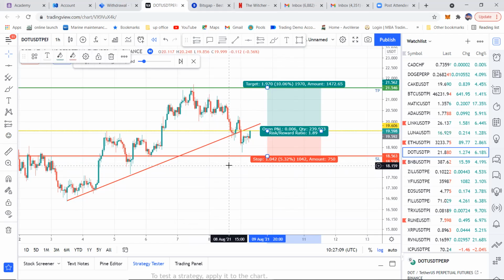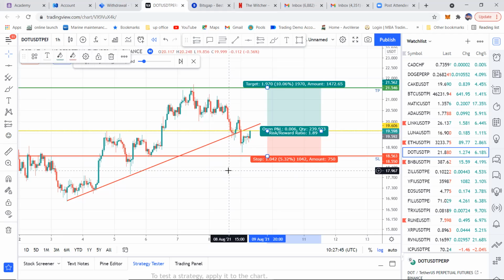But if you're new to trading, I would suggest that any trade you take out, you should have the stop loss in a position where if you hit that stop loss, you will lose no more than 1% of your account balance. So if you had a $1,000 account balance and you hit your stop loss, you would want to lose no more than 1%, so no more than $10 on that trade. $10 being 1% of